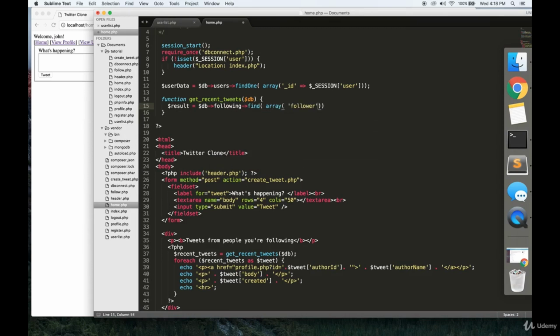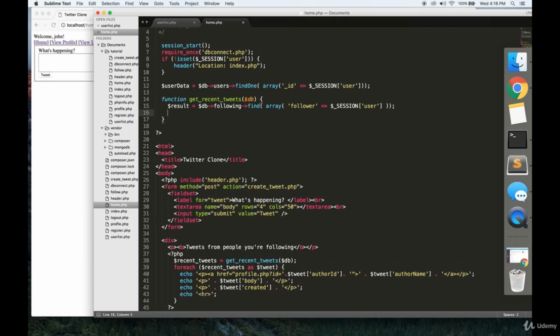After I'm done with this, I'll talk about some improvements that you can try on your own as a kind of training exercise. But for now, you're going to get basically all the objects in the following collection where the follower is equal to the current user. So basically get all of the users that the signed in user is following, and we're going to make that into an array